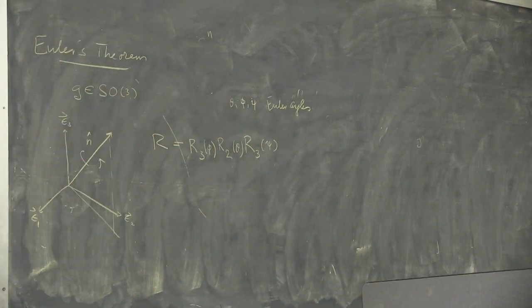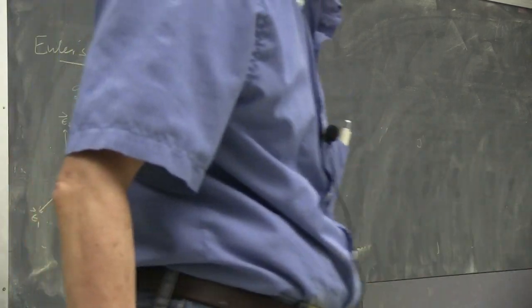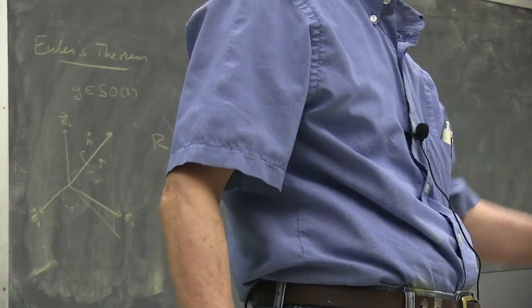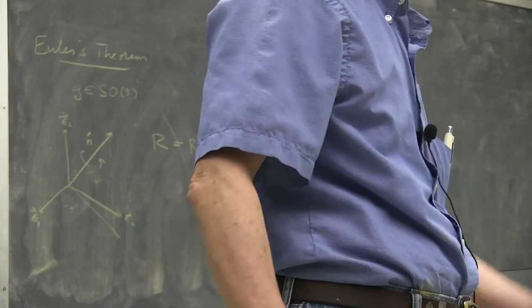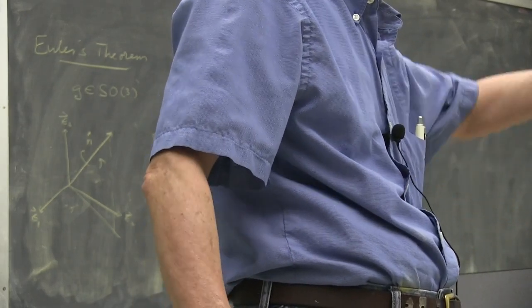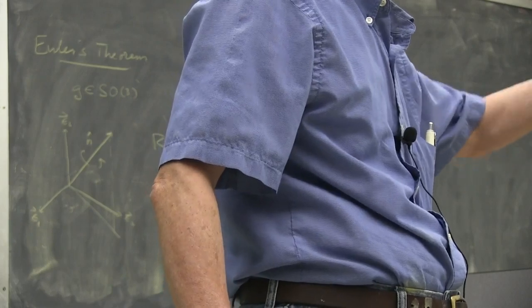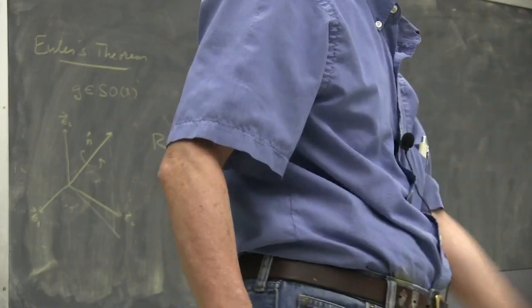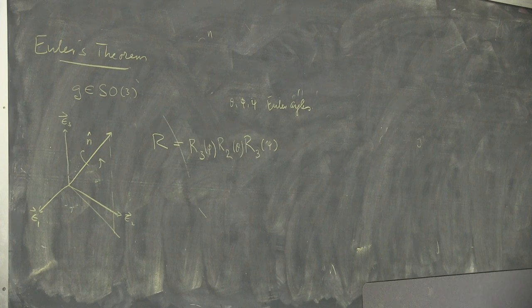Some of you haven't taken my classical mechanics. We will be talking about it when we go to the Hamiltonian formulation, dynamics of rigid body rotation. Obviously, when you study rigid bodies, a lot of it is about rotations. So we need to have a good way to characterize rotations, and one of the ways to do it